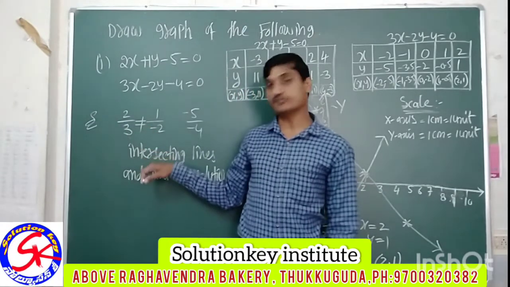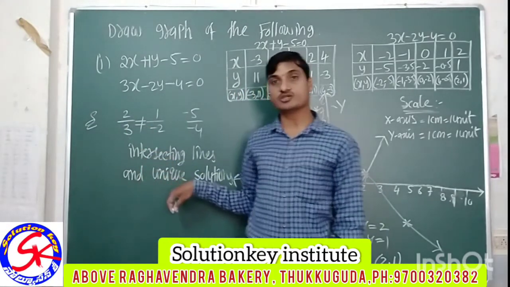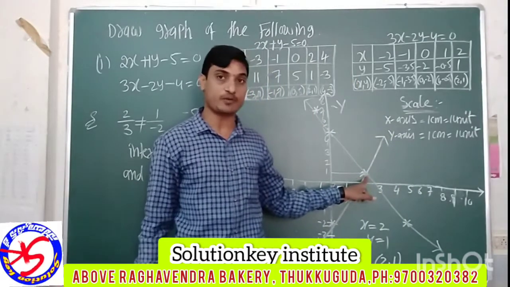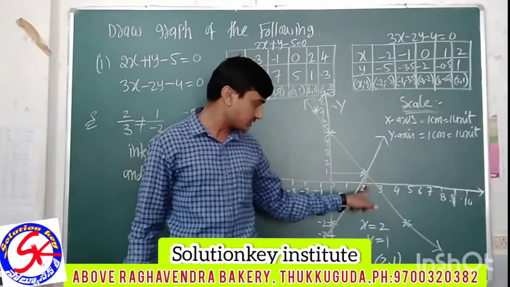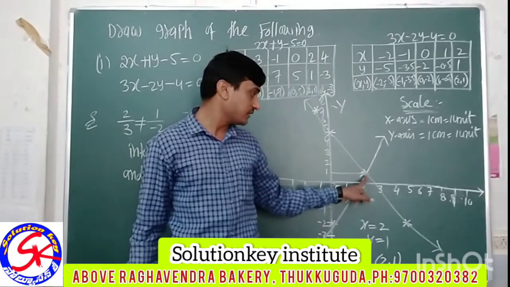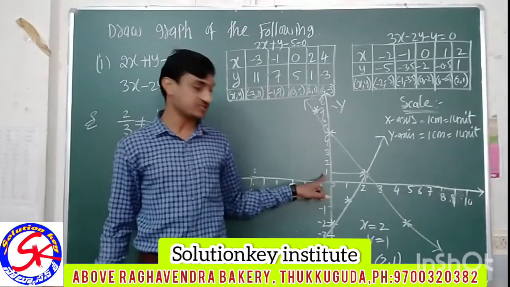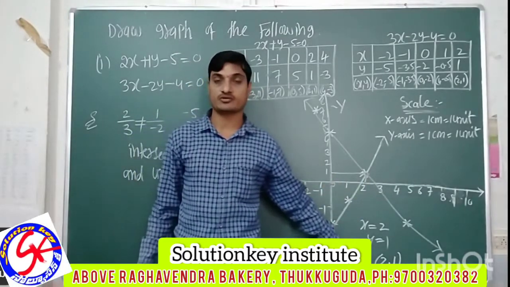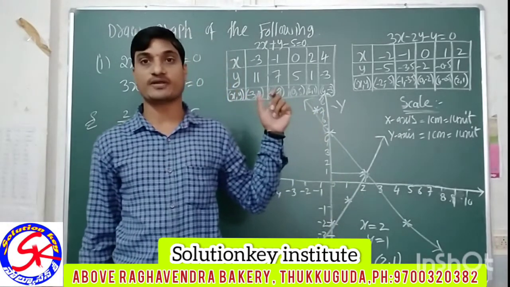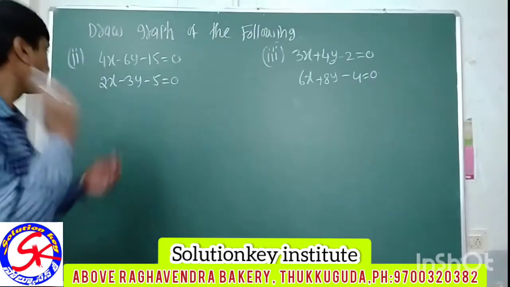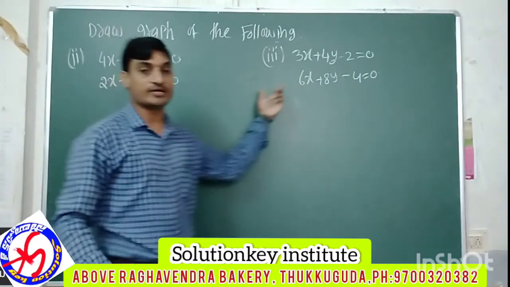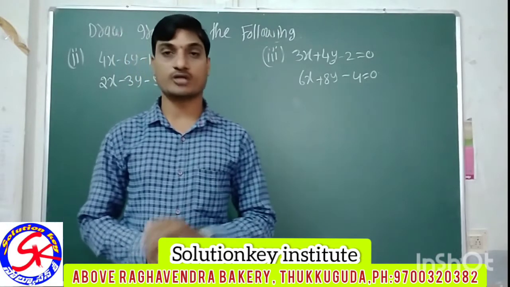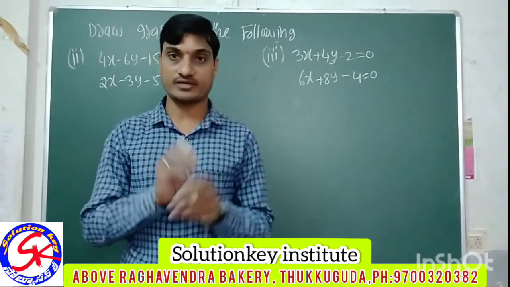First we take the x value, then the y value, so it gives x and y, that is 2 comma 1. These two lines are intersecting lines and this solution is a unique solution. Unique solution means that the two lines are intersecting at a point. That point's value on the x-axis is the x value and on the y-axis is the y value. Then 2 comma 1 is your unique solution of this pair of linear equations. Is it clear?